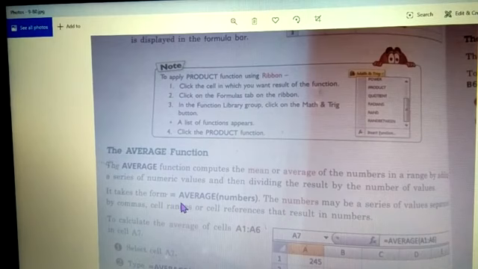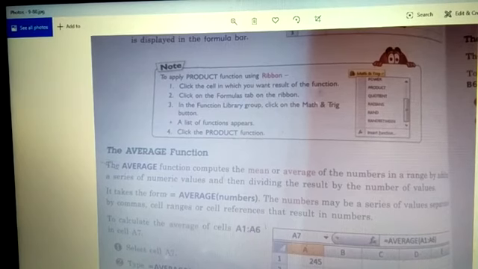Equal to average, you write the entire name average, then only the computer will understand that I need to take out the average of these numbers. Again the same thing, children, they will be separated by commas, cell ranges or cell references, and you can select the range, and the range will be separated by colon.